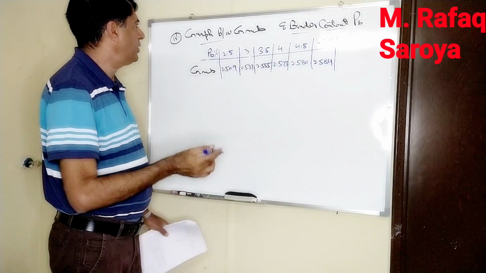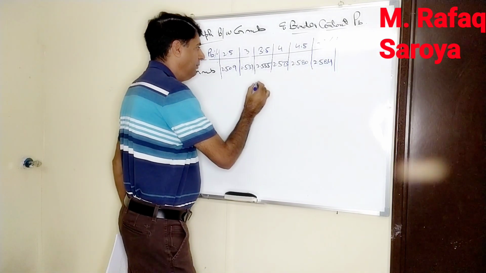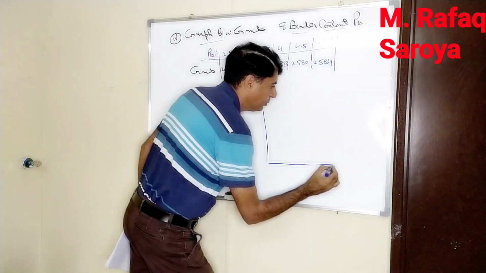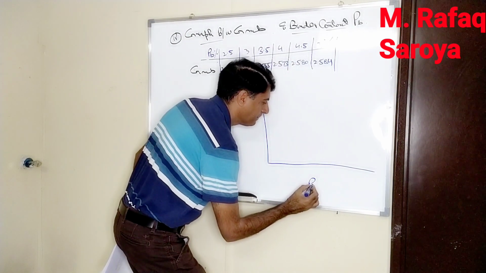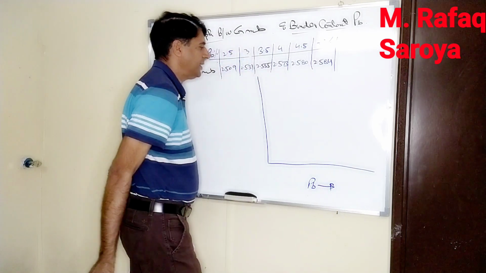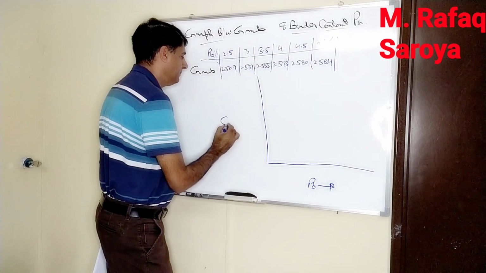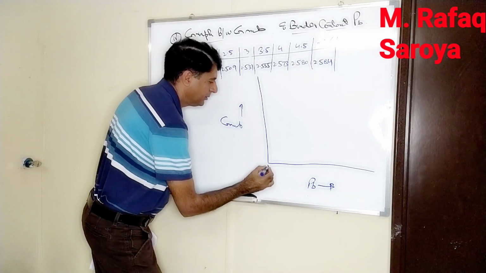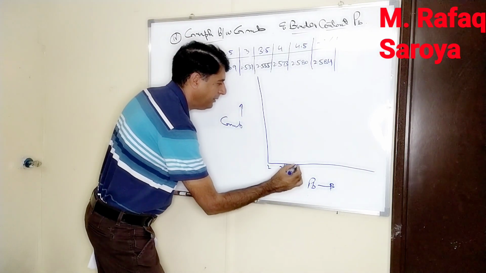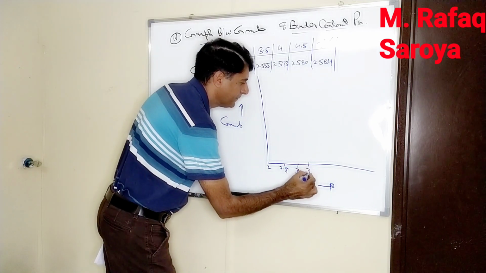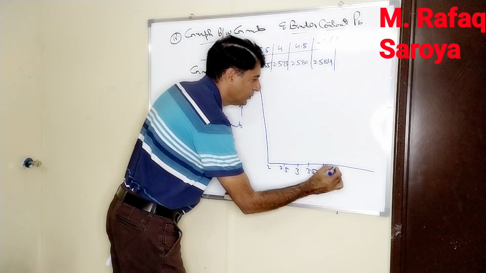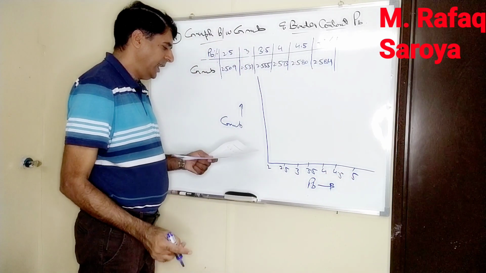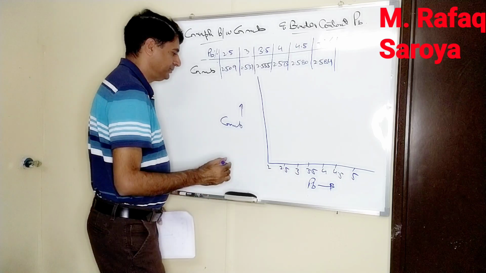Now, we will draw a graph between these two quantities. What are those two quantities? Binder content taken along the x-axis, then this Gmb taken along the y-axis. 2, 2.5, 3, 3.5, 4, 4.5 and 5. And along the y-axis,